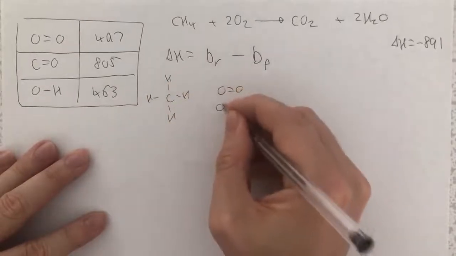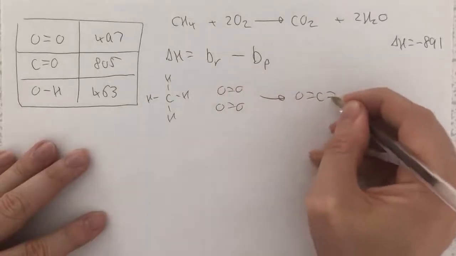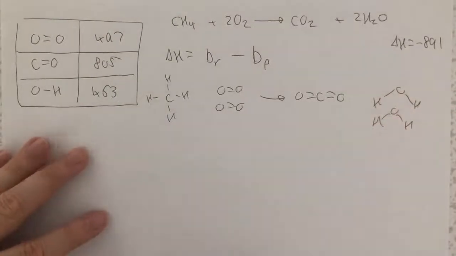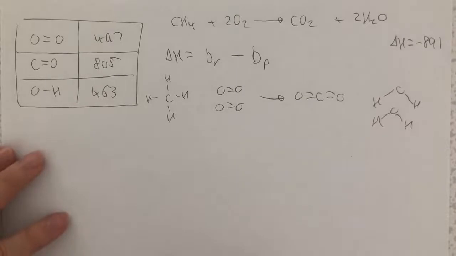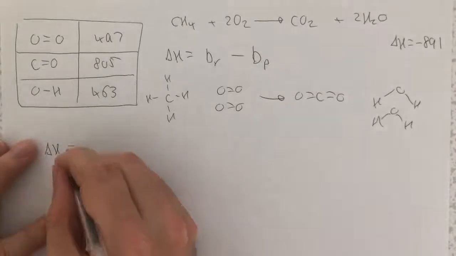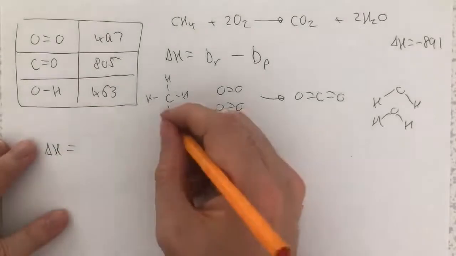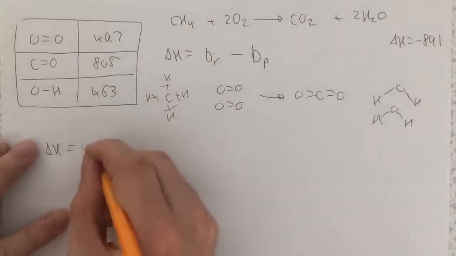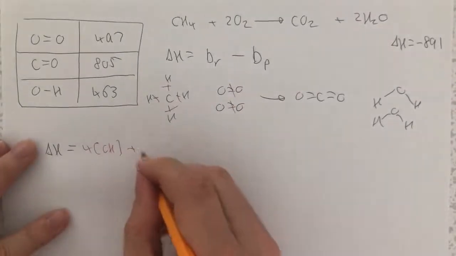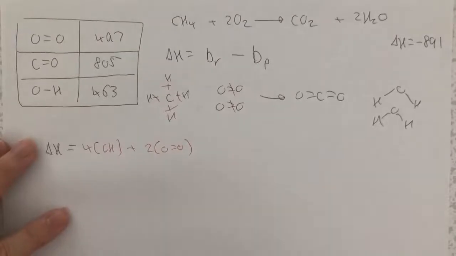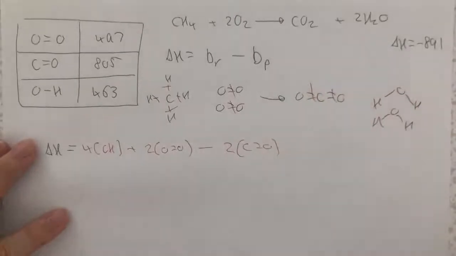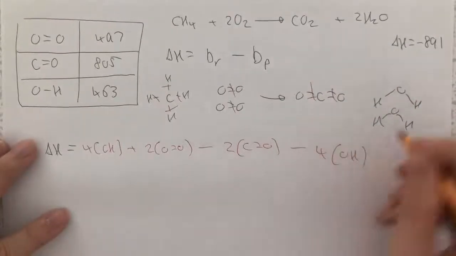Do this. I know you might think, oh, I don't need to do that, I'll be fine. You're much more likely to miss out a bond if you don't draw them out. So now I can see exactly what I've got, and we're going to fill in our equation. So I can say that my delta H is equal to, well, what bonds do I have? 1, 2, 3, I've got 4 C to H bonds. I've got 1, 2, 2 double O bonds. Minus the products, so minus 2 C double O, cross them out, minus 4 O to H, 1, 2, 3,